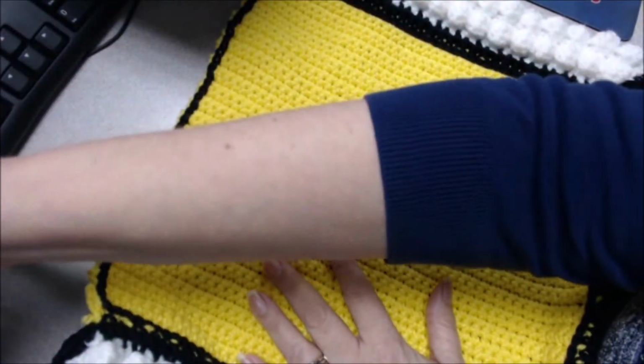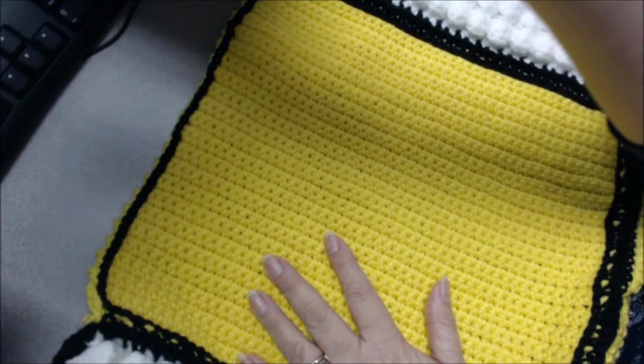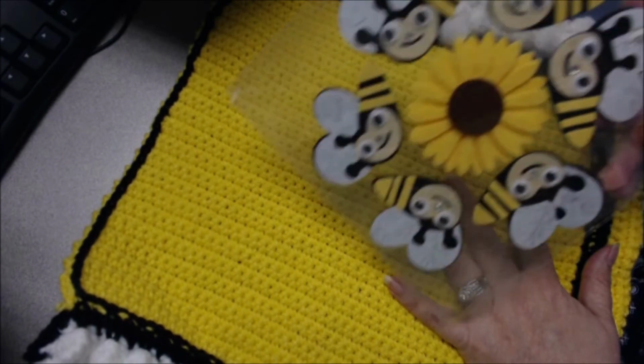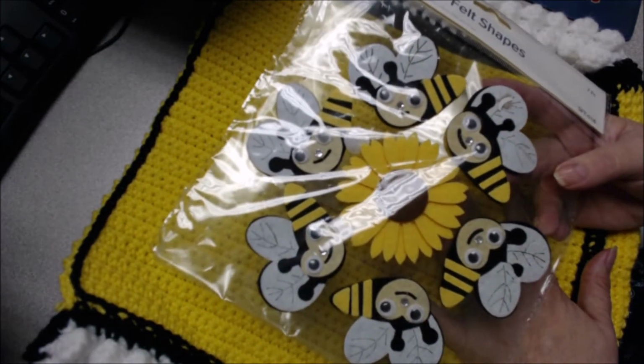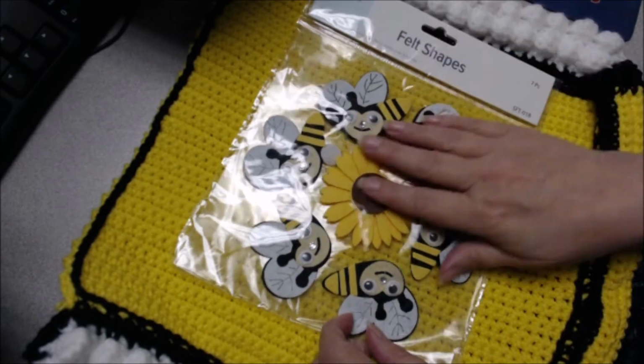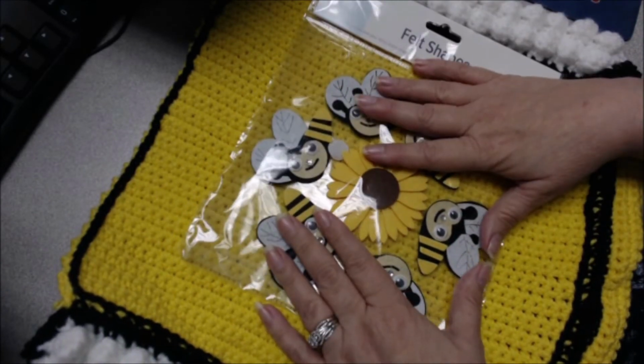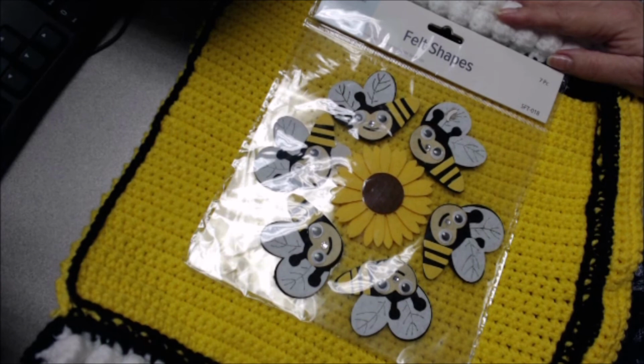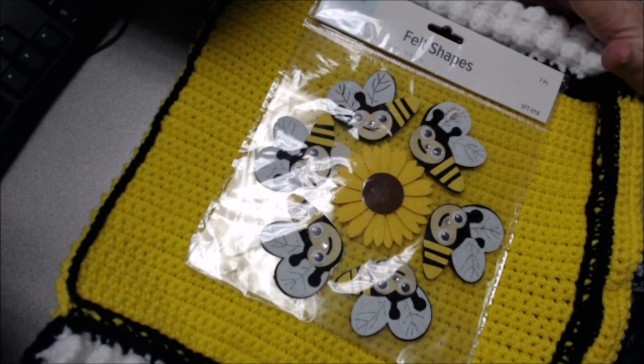Now I have decided I was going to make some bee appliques to put on here because I want this to be my busy bee bag. But I found this at the dollar store for $1. And so I think it's the felt. I think I'm going to put them on here and see how they look. You can embellish yours any way you want. There are a lot of really good crafters out there, crocheters, who have appliques of different kinds on YouTube. So you can search and find you some of those, or you can go to the dollar store or your local hobby store and pick up some